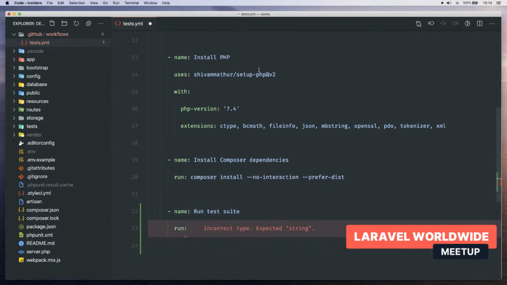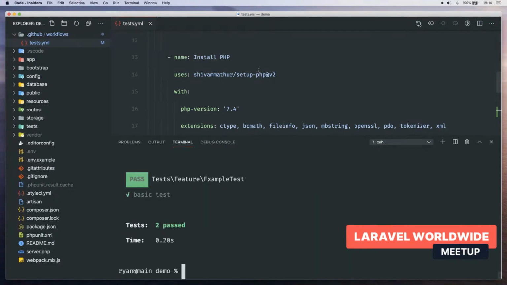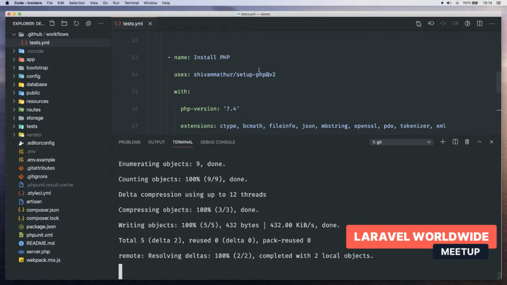And like I said, I'm going to be using PHP artisan test here instead of the generic PHP binary, just because it has that pretty UI. So now let's run PHP artisan test. You've seen locally that this works fine. But if we quickly do a WIP commit here, push up,